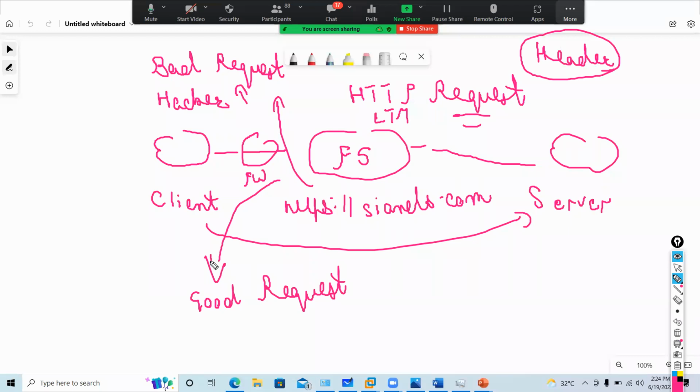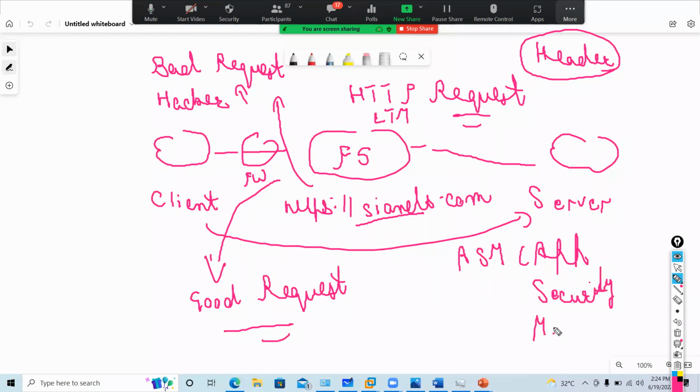So how can it determine? When I talk about the HTTP layer, guys, HTTP basically works on request and response headers. I want to check whether my request is good or bad. There comes ASM, which is called Application Security Manager.